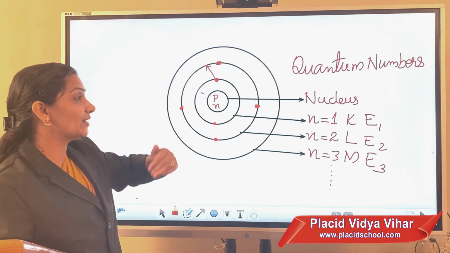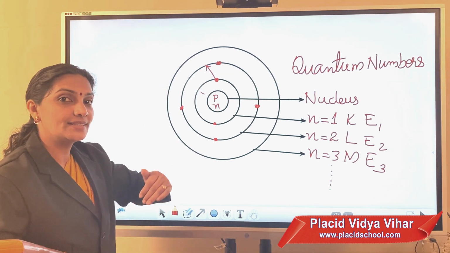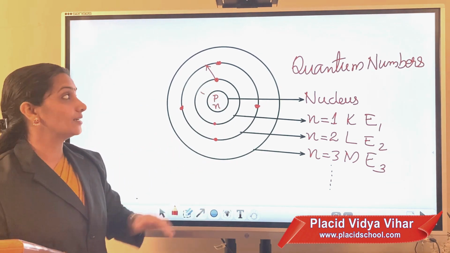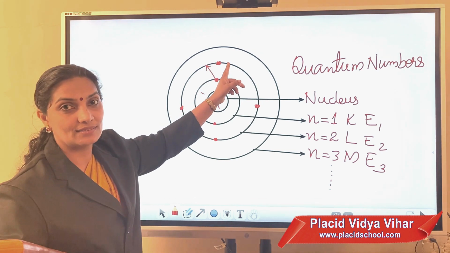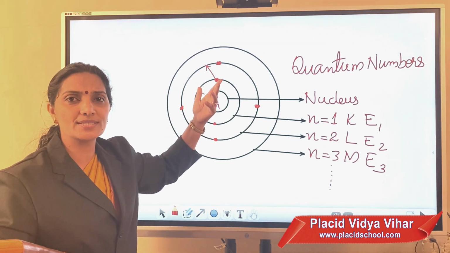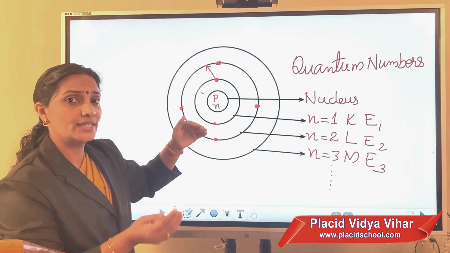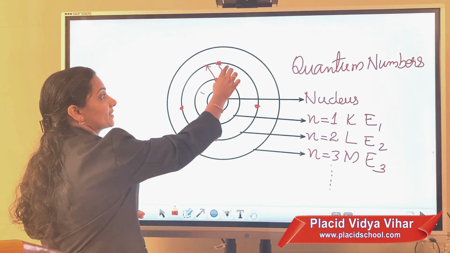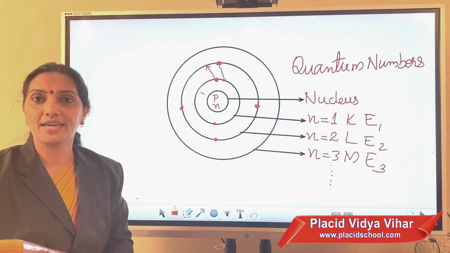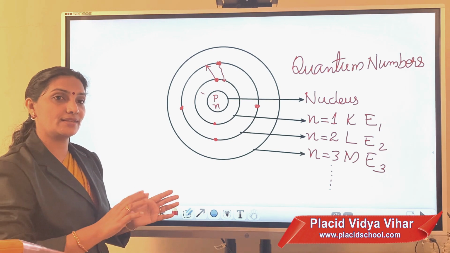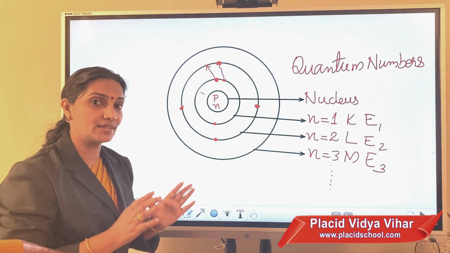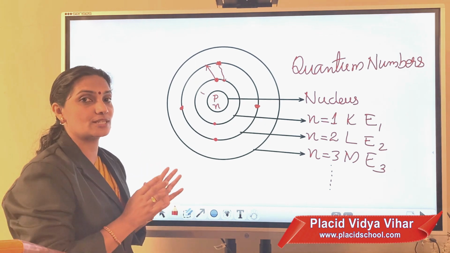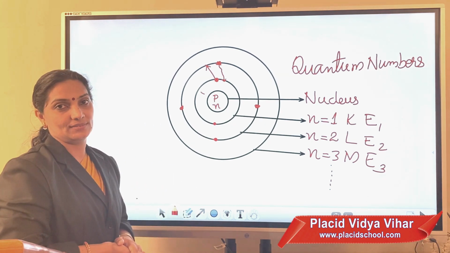If we remove energy, that electron will jump down to the next lower energy level. If the electron present in the second shell loses its energy, what happens? It has energy equal to the electron present in the first shell. So this will radiate energy and come to the next lower energy level. But it's only in extreme cases. At ordinary conditions, these two cases never happen. The electrons remain in their own orbit.